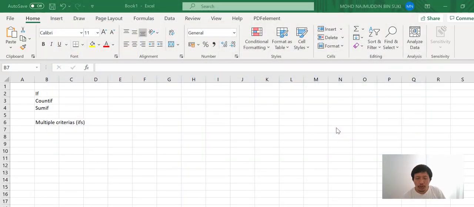Excel is a very capable tool, and one of those capabilities is analytical capabilities, meaning looking at a range of data and being able to determine this and that. For that, we're going to look at three different kinds of functions: IF, COUNTIF, and SUMIF. Then we'll look at whether we can add more criteria. For example, I want this particular data from this particular range, and I want to set these criteria. I only want the data if this happens and if that happens. So we're going to put several criteria to find the data, and for that we're going to use this range